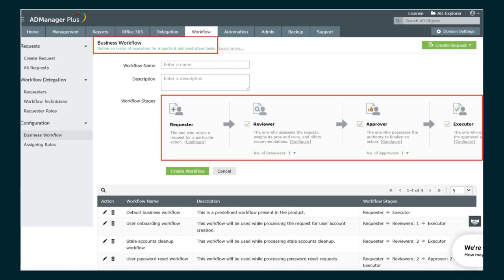So this is how a business workflow is created. AD Manager Plus is actually built on the premise that much of an IT administrator's burden can be reduced by instating a workflow requester process. So this means that the requesters, instead of contacting the administrators via email or service ticket, can directly raise a